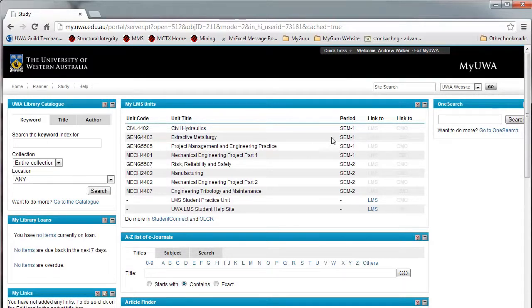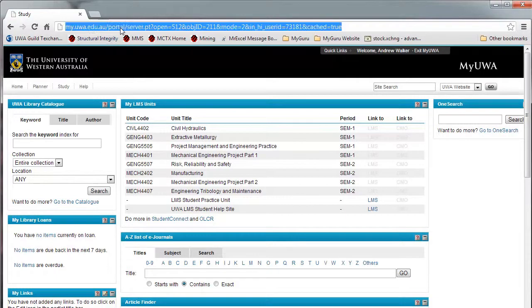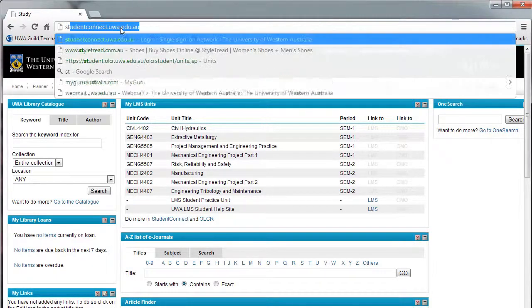But as you can see, during semester you're also going to see links to LMS for that particular unit and links to CMO for that particular unit. Don't worry if you don't know what those are, we're going to do those next. So this is more of a home site / portal. Next one we're going to look at is